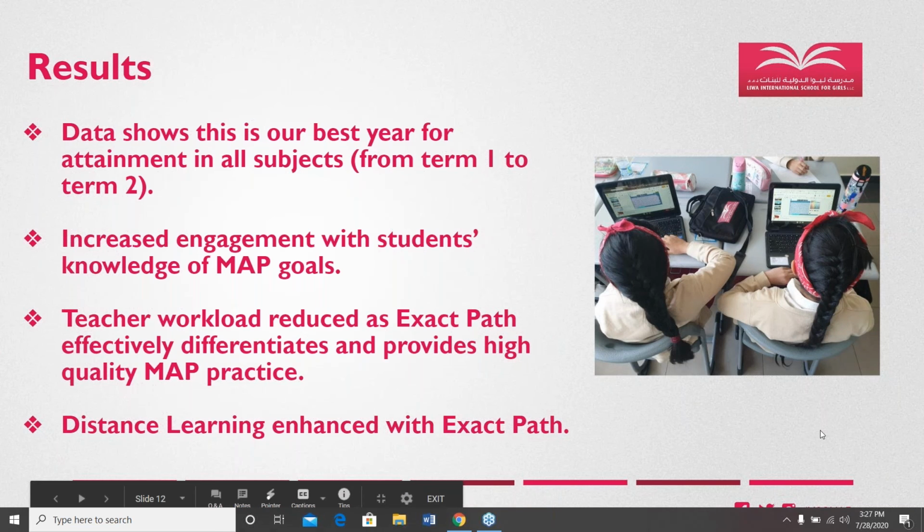When we come back to school in September, it still won't be probably 100%. There'll still be some time where they spend some time doing distance learning at home, and we'll still integrate Exact Path as part of the weekly overview when they get their distance learning overview each week as well. So those are the big gains that we have from Exact Path, and this is all the way from grade 1 up to high school. We found that it's a platform that works well across the whole school, so that's been a real good benefit as well.